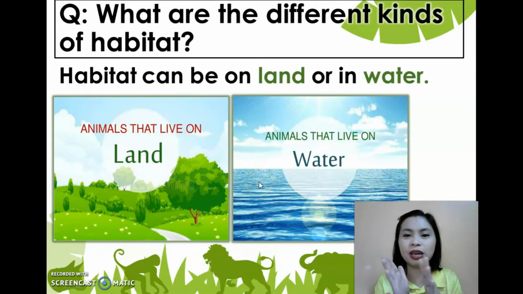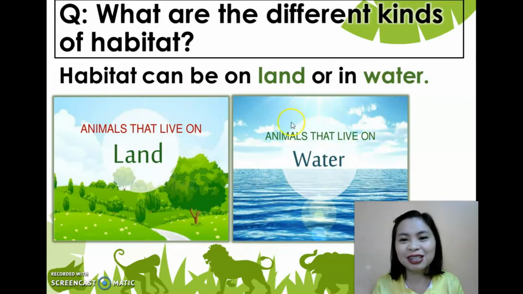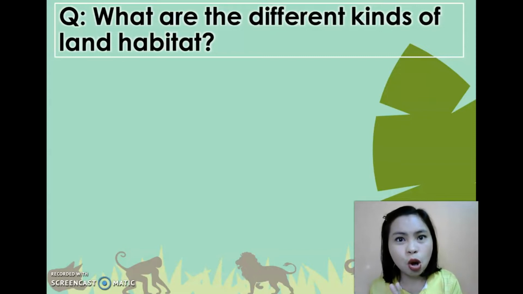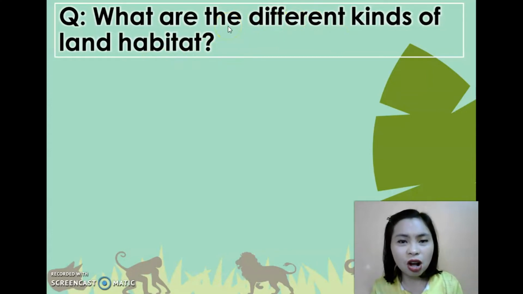Okay, so we can group habitat into two. We have on land or in water. So next, first we're going to study about land habitat, and later on we will have the water habitat. The first question, what are the different kinds of land habitat? And the following are,